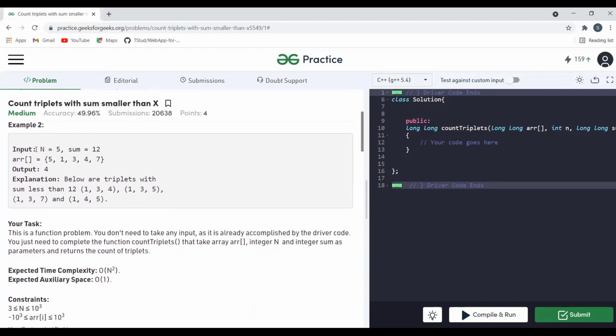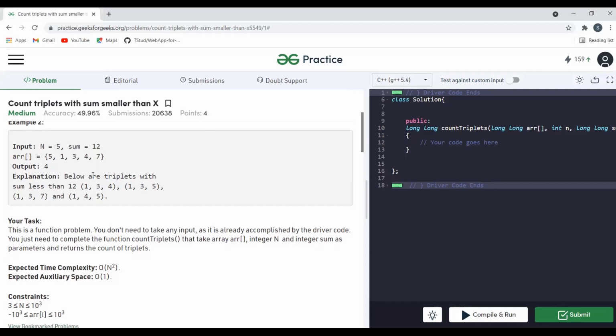So here the n value given to you is 5 and sum given is 12. Here you can see what are the possible triplets that we can have. 1, 3, 4. If you are taking 1, 3, 4, what is the sum? 4 plus 3, 7 plus 1, 8. 8 is lesser than 12. So yes, we can consider it. 1, 3, 5 is giving you the sum 9, which is lesser than 12. So obviously, this will be considered. 1, 3, 7 is giving you 11, which is again lesser than 12. And also we can take 1, 4, 5, for which also the sum is lesser than 12. So the total count of triplets that are satisfying the given condition is 4, and hence we are getting